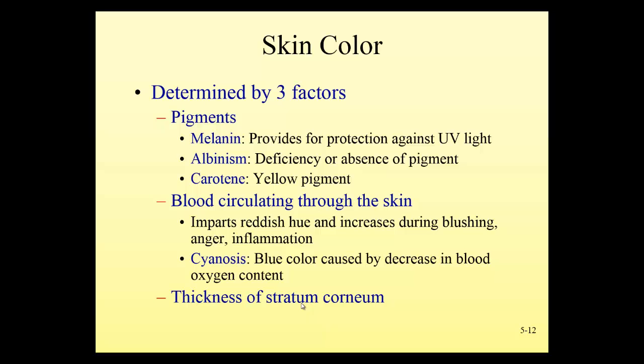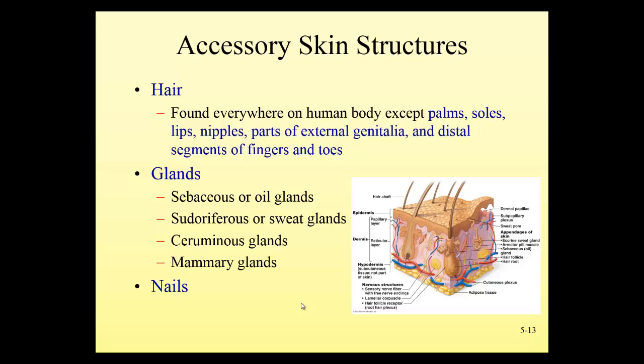Other accessory structures we see in the skin include the hair, glands, and nails. The hair we see everywhere except for the areas listed here. Well, you can just read that on your own. But hair is good for trapping heat near the surface, and in some cases, like in animals, it serves as a warming mechanism, especially on the surface of the head. The hair on the head helps to again trap heat and keeps the top of the head